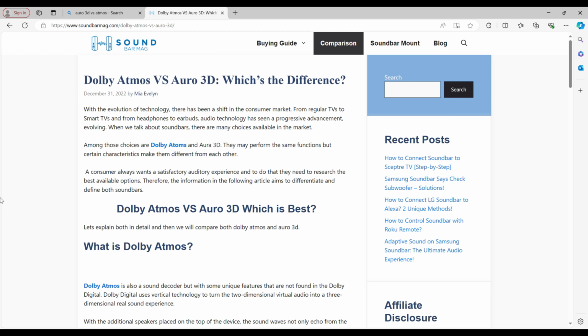In this video, we're going to talk about Auro-3D once again. And I'm going to read this article. I've never read this one before, but when I read this, I'm going to give you guys my input on this topic. And also, it's going to help those who want to buy a receiver or a processor that has Auro-3D, and if it's even worth it to buy one that has Auro-3D. I'm gonna give you guys my take on Auro-3D,